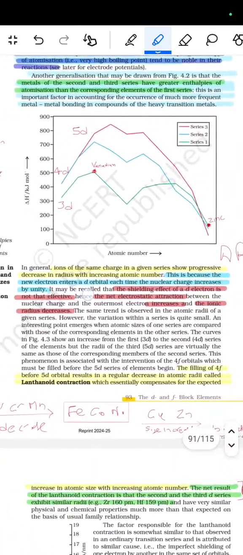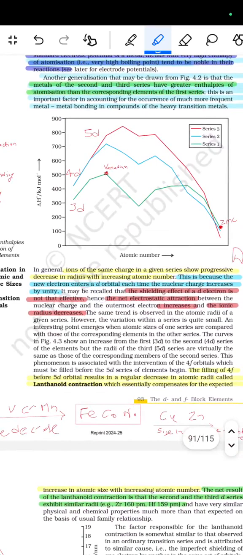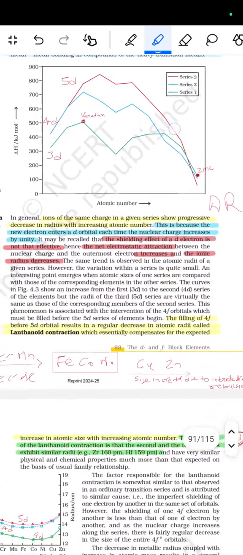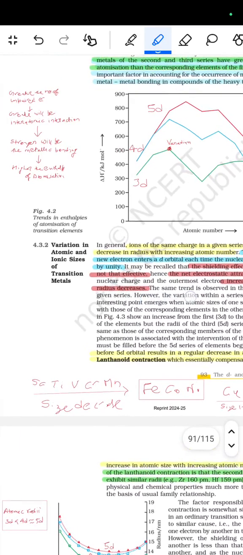अब यहाँ पर दिया हुआ एटॉमिक नंबर, इधर दिया हुआ डेल्टा H किलो जूल पर मोल। तो 3d का हो गया, 4d का हो गया, 5d का हो गया। यहाँ पर वेनेडियम है, ये हो गया Mn और यहाँ पर हो गया Tc, फिर यहाँ पर जिंक हो गया, फिर यहाँ पर Ag हो जाता है। और इधर दिए हुए है कि greater the number of unpaired electrons, greater will be the interatomic interaction, stronger will be the metallic bonding and higher the enthalpy of atomization। तो trends in the enthalpy of atomization of the transition elements जो दिखाए हुए है।